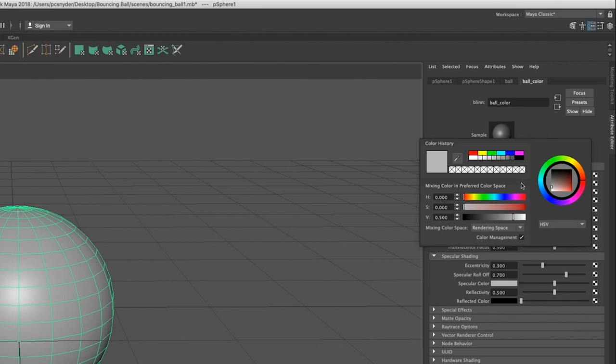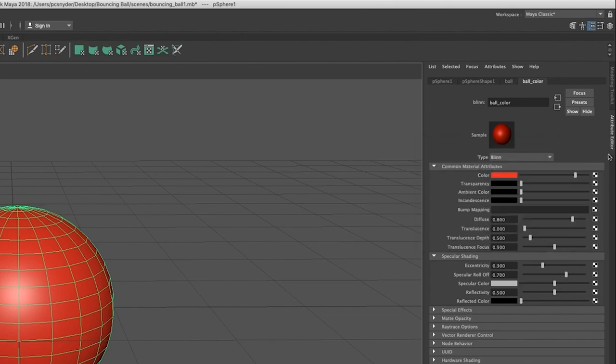So once we're in here, you can see in this color wheel that you have the position of the color where it is now. Let's just click on red, and let's choose a bright red. Makes it really easy to see, and it'll be our red rubber ball. And once we have that color chosen, we can click out of it, or as we mouse off of it, it'll go away. And you can see your sample has that gloss on it,